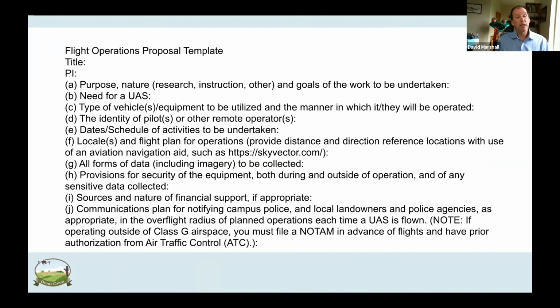And you're going to answer a set of questions. That usually is submitted, it's reviewed by me or another pilot, and then it's asked to be changed, and then you're approved to go and fly your drone for research or for education purposes. If you're a student running your own equipment and you're doing this for a class, you don't have to do this. But if you're a faculty or a student doing this with university equipment, you have to do this.